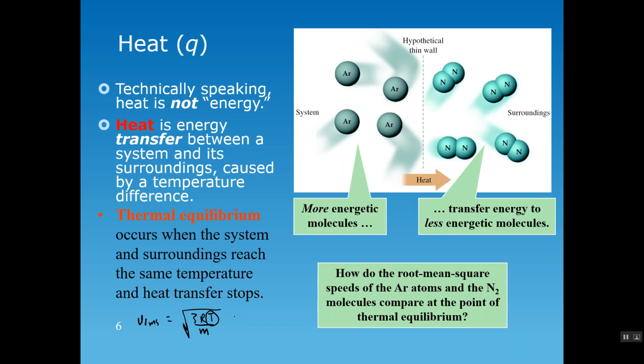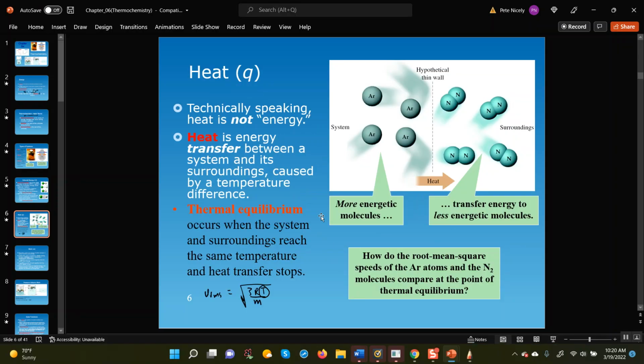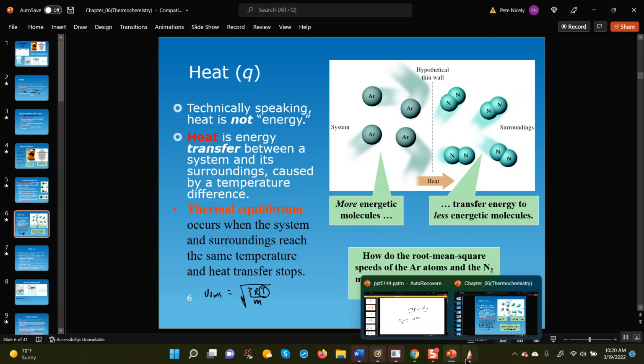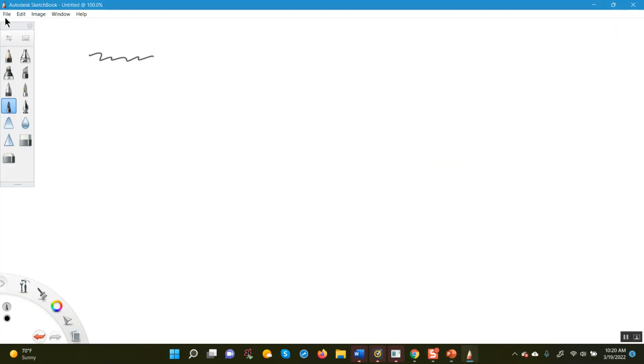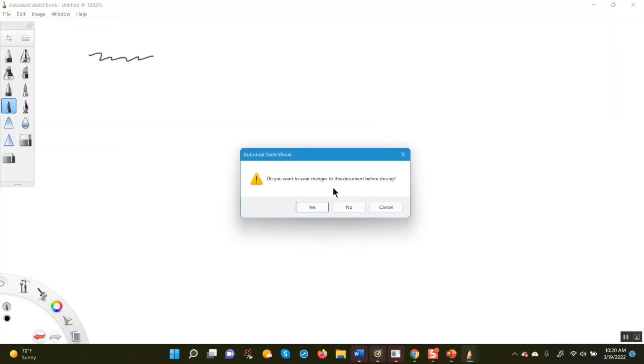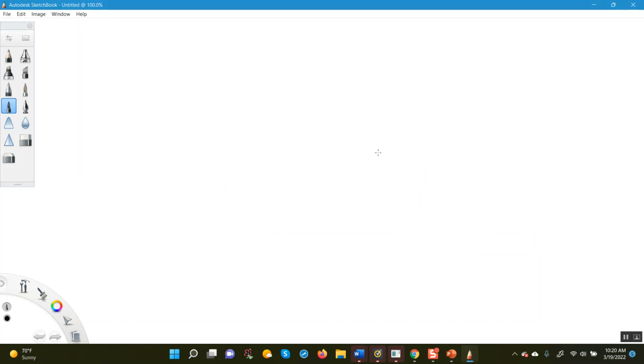So what the question is asking is comparing the root mean squared speed of argon